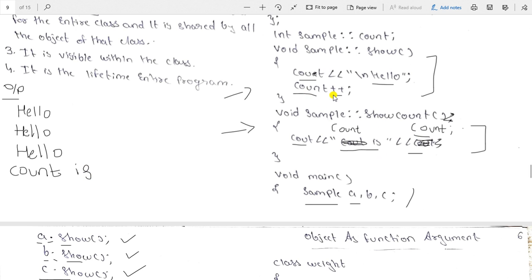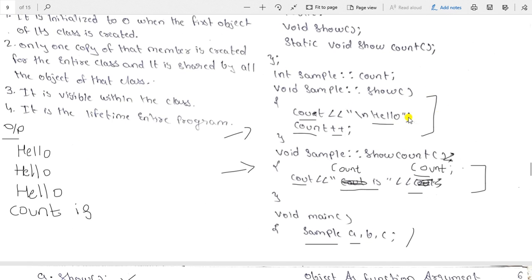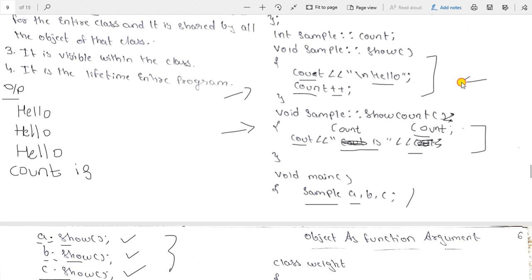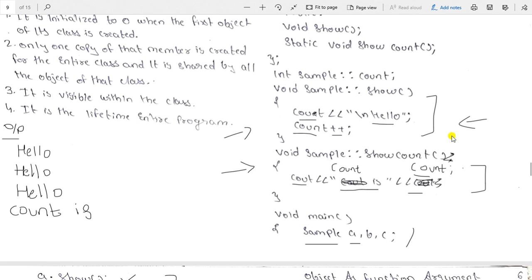So what is the count value here? The count, however many times it was incremented, will be printed. The count value is 3. How did the 3 come here? Through these 3 objects, however many times this function has been accessed, that many times the count value has been incremented, as we have seen here. That count we are printing here. So the count value is 3, and that will be printed here.